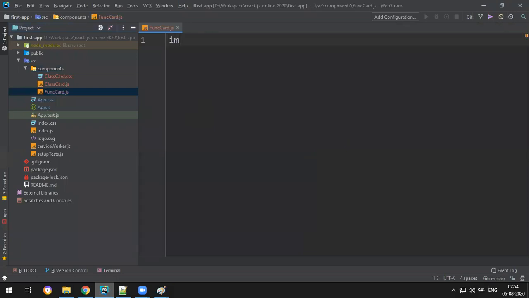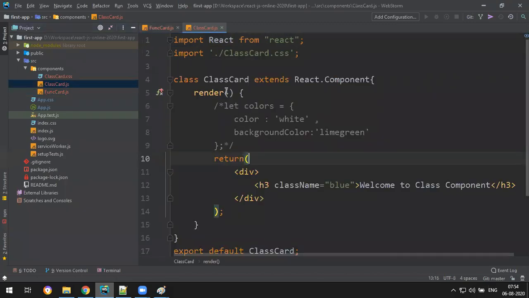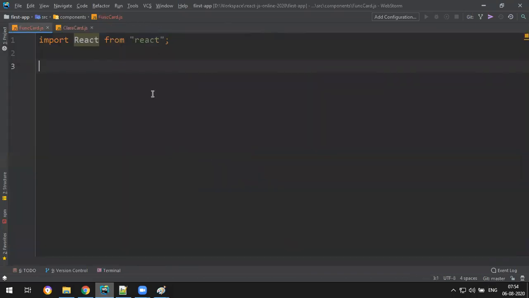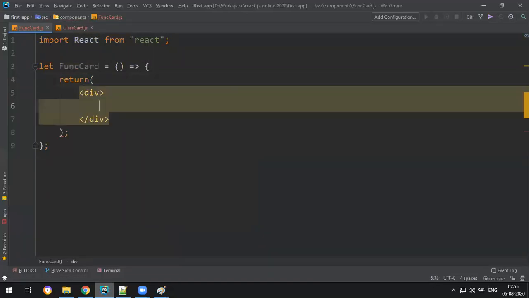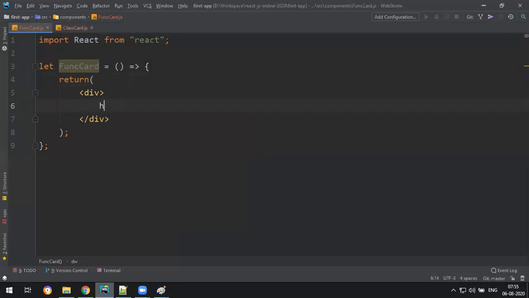So here how you write the logic is import React from React. Previously what we have done, we wrote a class extension from this. But for a function what you do is you just create a function. You can create a normal function or function expression or arrow function, any function. So I say let func card be equal to one function. You can write this function or else you can create the ES6 specific arrow function too. This is a function. Okay, so this function directly returns something. That something is your HTML, I mean JSX. Here I write some h3.